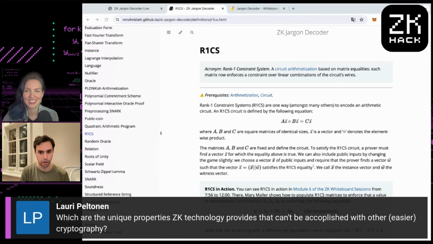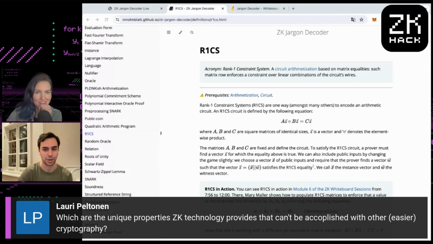They rely on hard problems. Even encryption that is not susceptible to a quantum computer will be weakened over the years, right? If I hack at it for 50 years and run my computer on it for 50 years, I'm eventually going to decrypt your message. With zero knowledge, the zero knowledge property is perfect. There is no chance for you to learn something about what I hid in my proof.